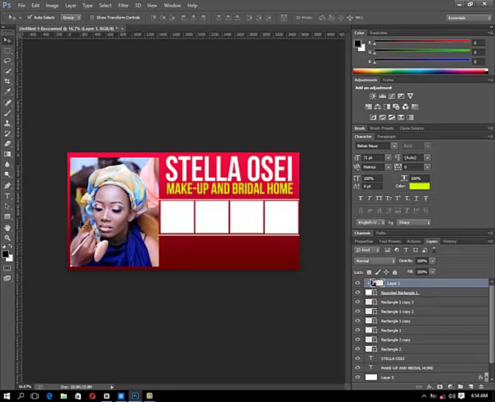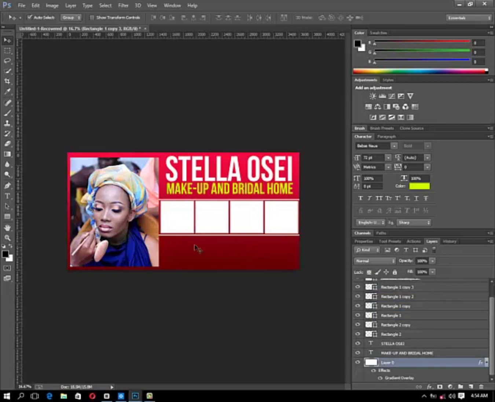Something like this, nicely. After we are done inserting our first picture, we have 4 more pictures to insert. We have 4 more rectangles to insert our pictures inside. So now, to be able to insert another picture inside our small rectangles, first let's click on the first rectangle